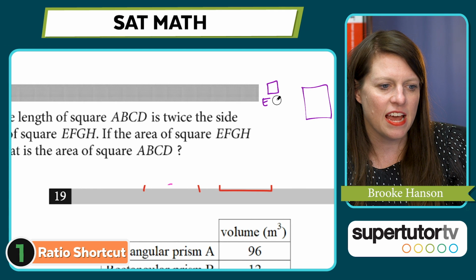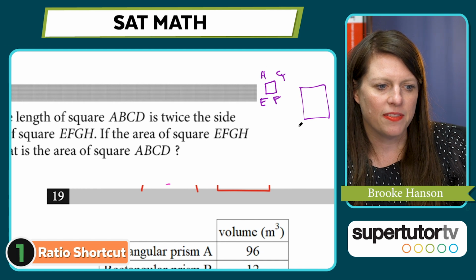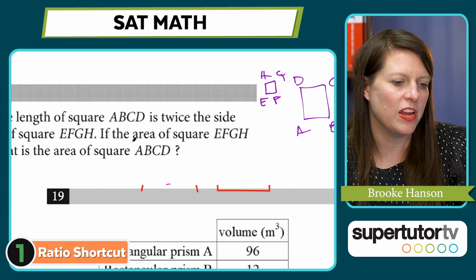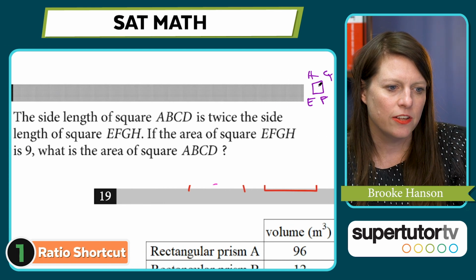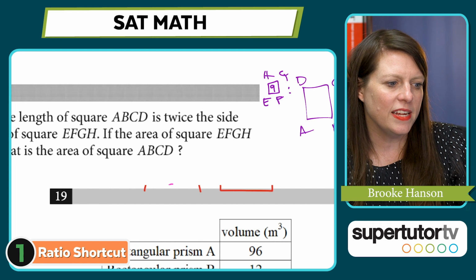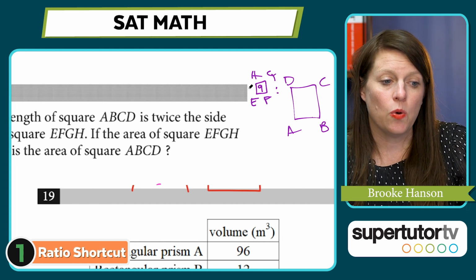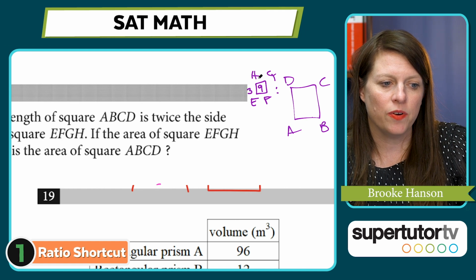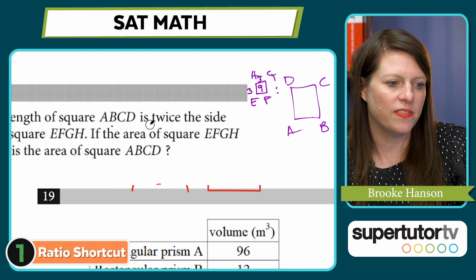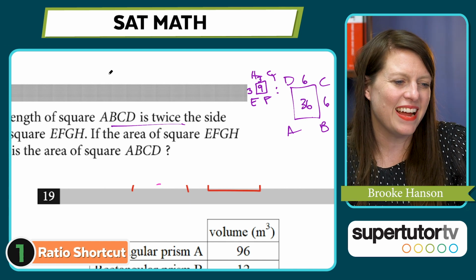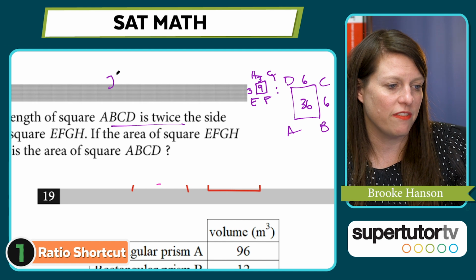So I'll make this EFGH. I'll make this ABCD. Okay, so this is the big one. This is the small one. The area of EFGH is 9. So this is 9. What is the area of this? So I could do this the slow way. The slow way is that I'm going to take the square root of 9, and that makes this 3 and this 3. I know that this is twice the side length, so that makes this 6 and this 6, and so that's 36. Maybe that's not actually the slow way on this one, because that was actually pretty fast, but